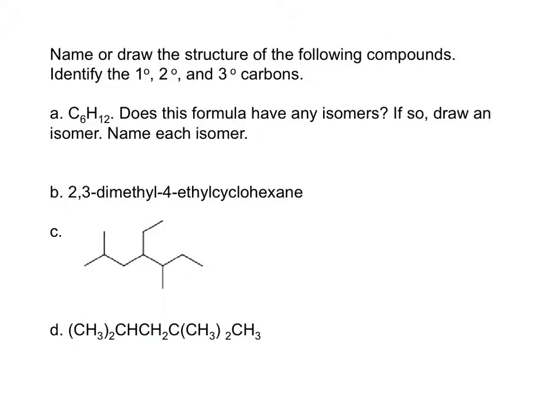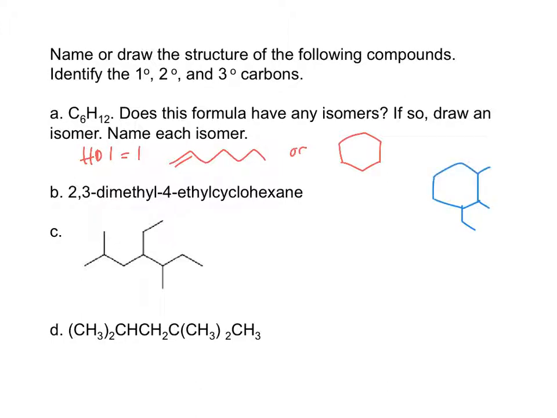Let's practice. Stop the video and answer these 4 questions. So for A, the HDI equals 1, so that means there could be 1 pi bond or 1 ring. 2 isomers of C6H12 are 1 hexene or cyclohexane. There are other isomers of C6H12. For B, the answer is